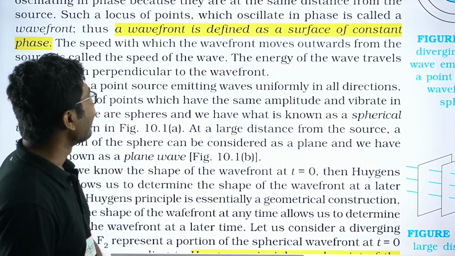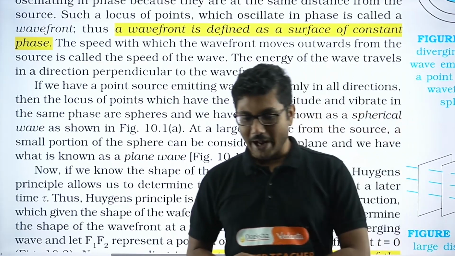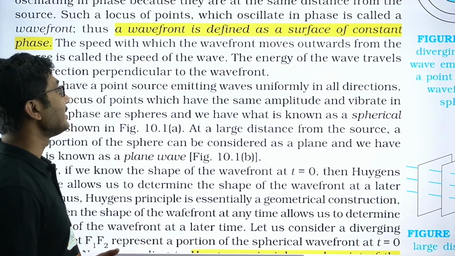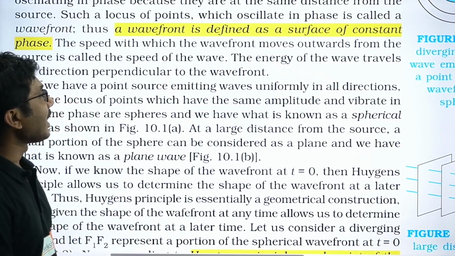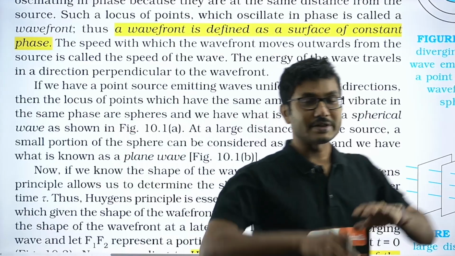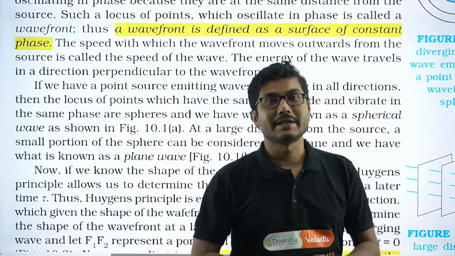Anyway, wavefront. First of all, let us start with the basic concept of wavefront. Huygens started his principle by talking about the wavefront. So what is a wavefront? A wavefront is defined as the surface of constant phase. Surface of constant phase means a surface. It can be a plane surface, it can be a curved surface, it does not matter. It can be a